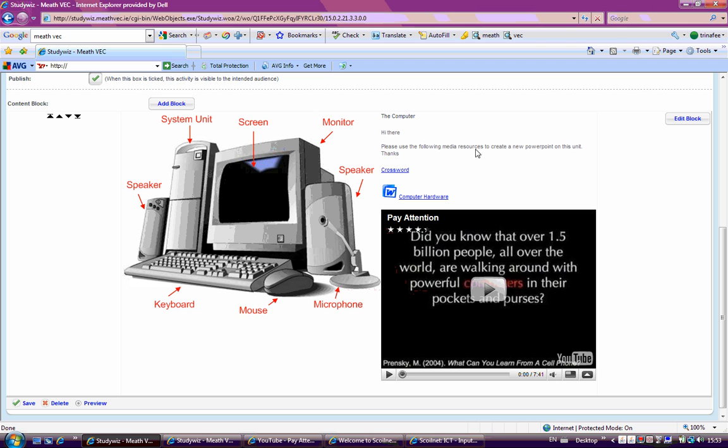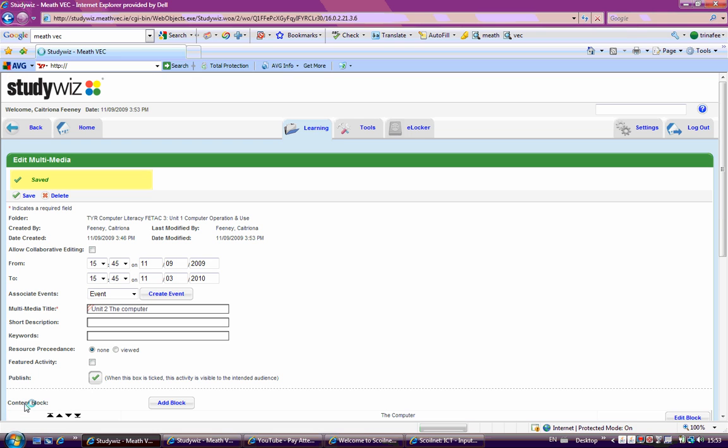My picture, my piece of instructions for my learners, my crossword, which is my link, my Word document. Okay, it could easily be a PowerPoint or a spreadsheet or any other document. And then I have my video. So if I click save there now, that will save all of this multimedia activity together. Okay, and as you can see, the green check is there and that says saved. And if I click back,